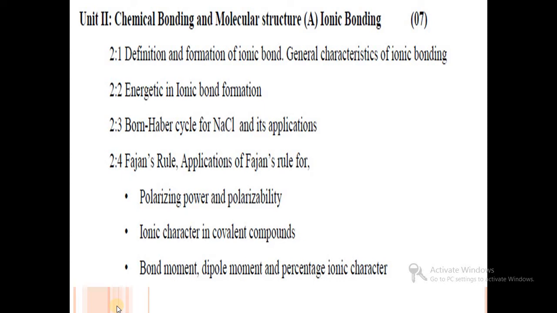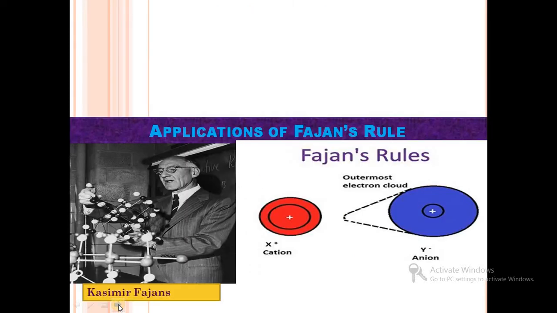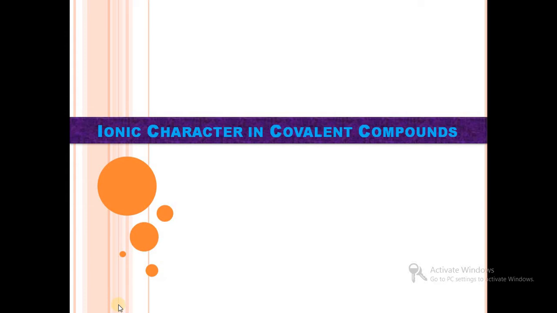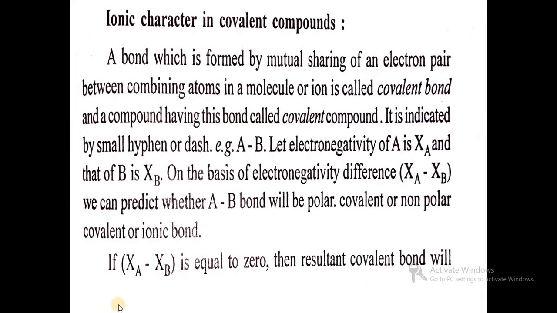Now we will see the second application of Huggins rule, that is ionic character in covalent compounds. So in the case of ionic character in covalent compounds,